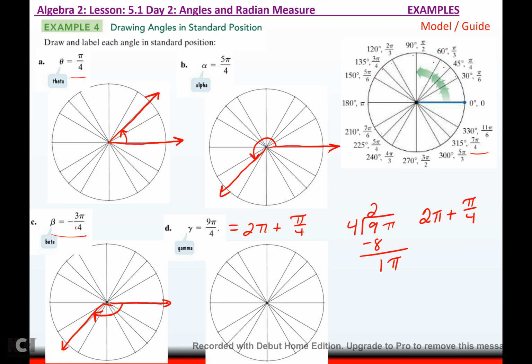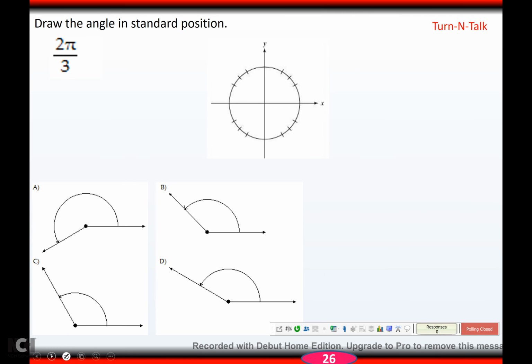So to graph this, what you do is you say, well, there's 1 pi, there's 2 pi's, so I've done this much. Now I need to go another pi over 4, which is 2 houses, 1, 2, and it puts me right there. What tells me that it's not just pi over 4, that it's 9 pi over 4, is my arrow showing that I went all the way around once and then went an extra pi over 4. Okay? Alright, so you try this one, hit pause, come back when you're ready,